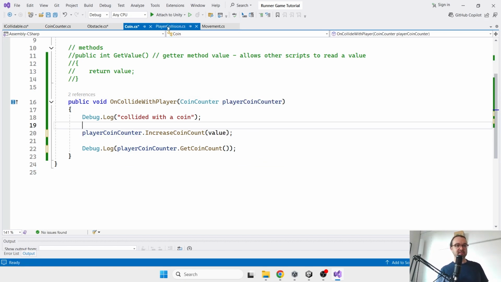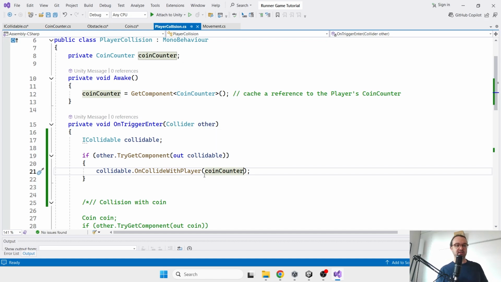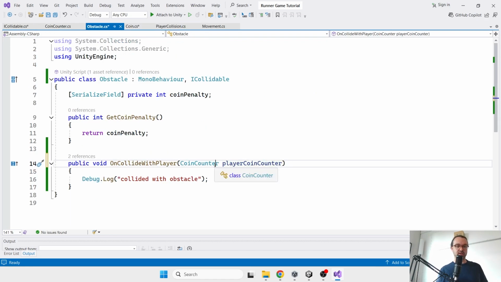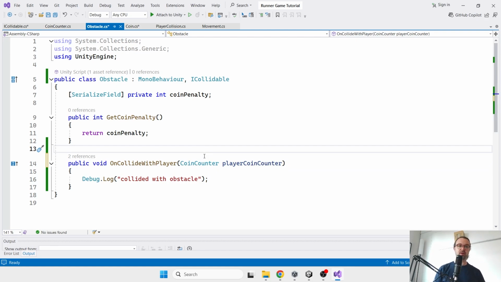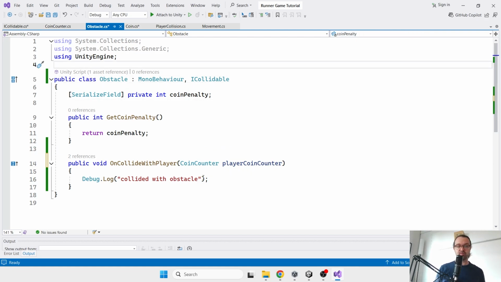Now the issue here is that not every object that I collide with needs the coin counter. The coin and the obstacle do modify the coin count. But a ramp, for example, may just want to modify the transform. It may want to give it a speed boost, or it may want to use the rigid body to add a force to it, or a power up may want to teleport the player somewhere. There's lots of ways you can modify the player that aren't the coin counter,